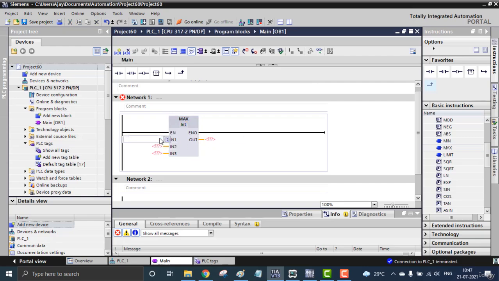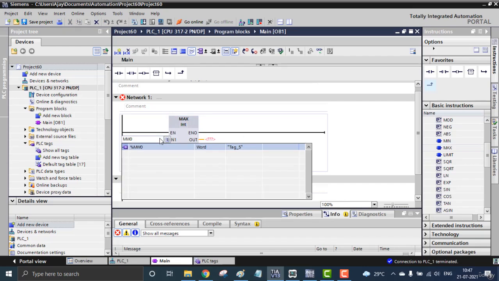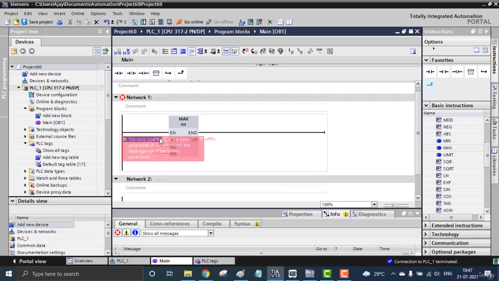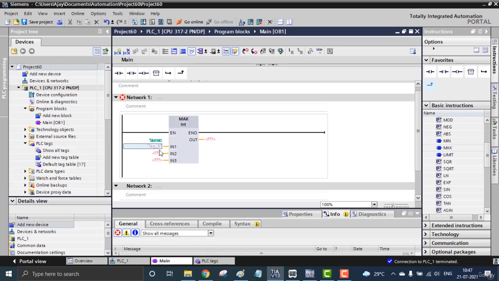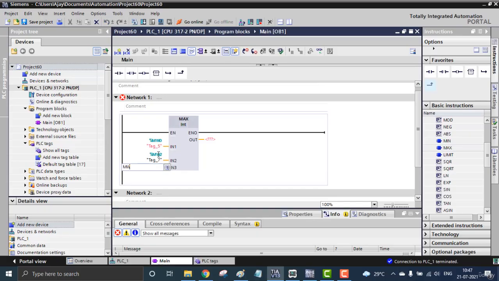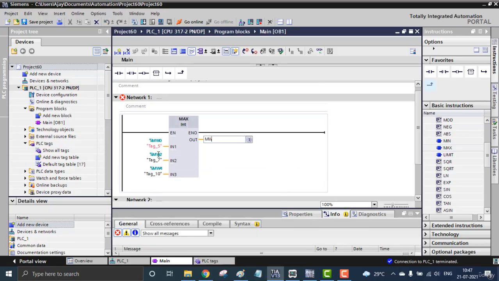I'm going to make MW0 the first input, then MW0, MW1, MW2, and that goes with the MW4, and MW6 will be the output.